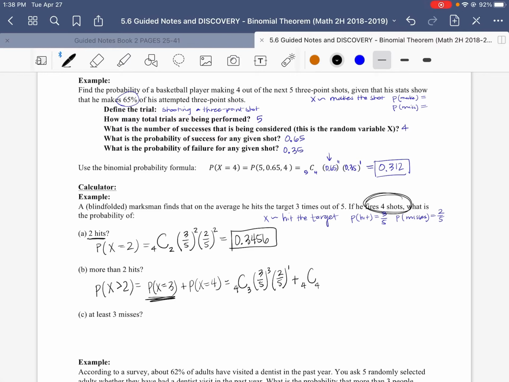Okay, so that's the probability of hitting 3, or he can hit 4 because that's still greater than 2. So now we do 4, choose 4, and the probability he hits 4 of them, so we have 3/5 to the 4th. And then we could write 2/5 to the 0, but he's not going to miss any, so we don't need to really include that. Again, you can go ahead and put